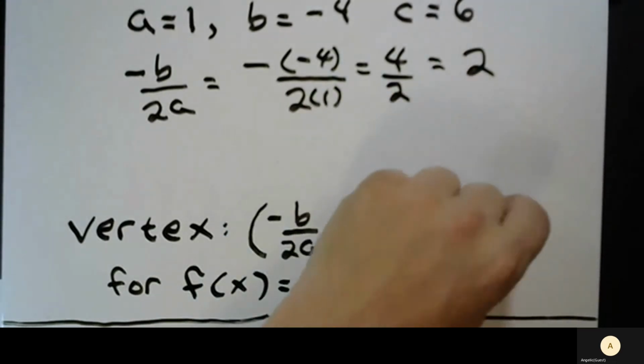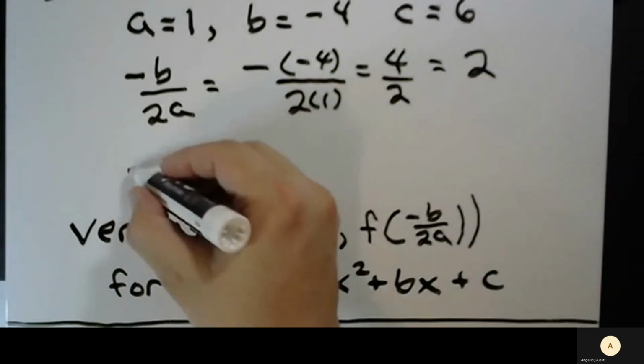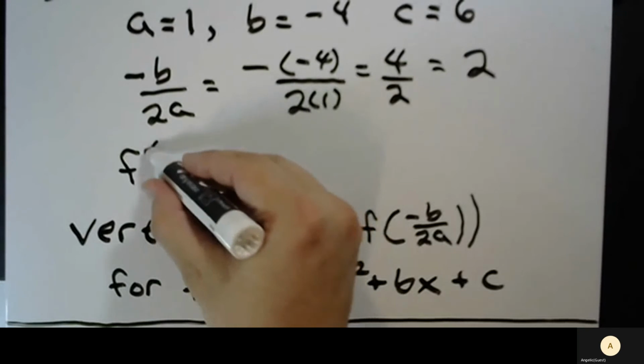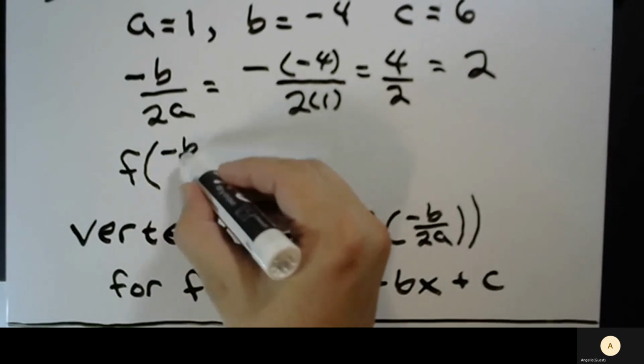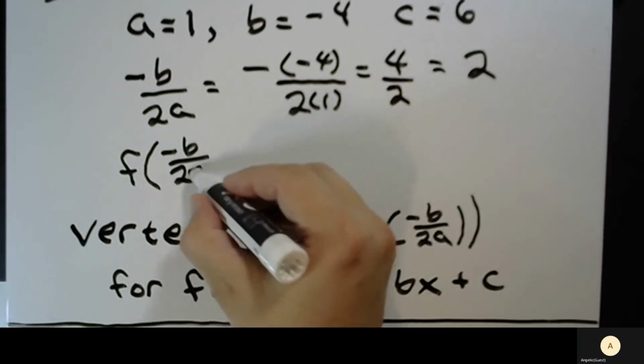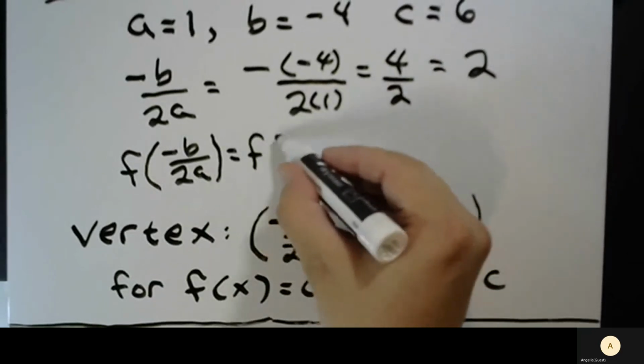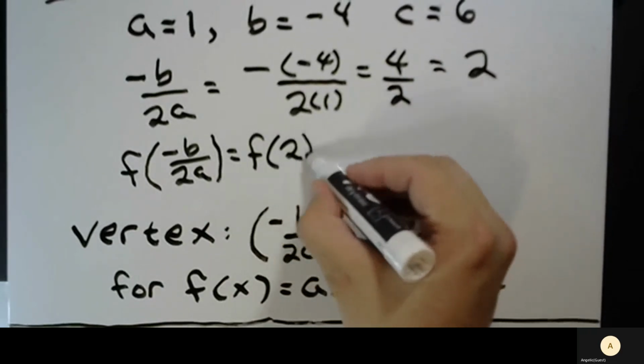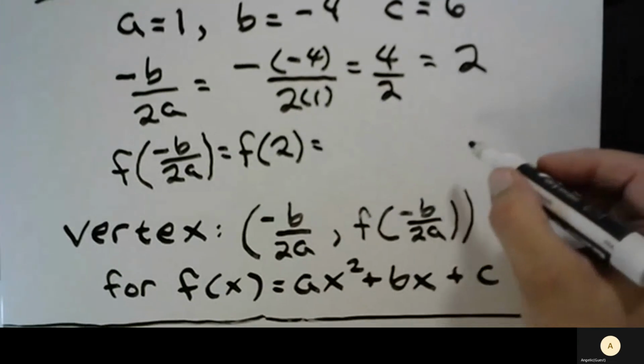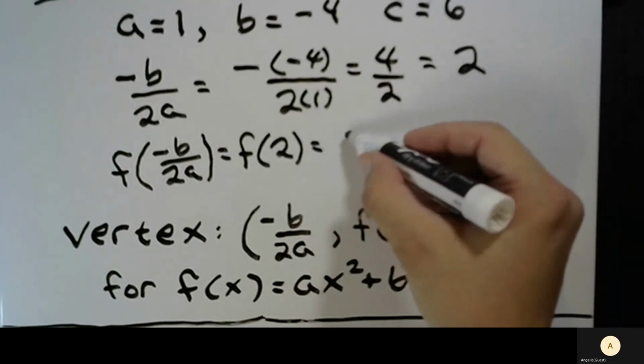So that's going to be our x coordinate. And then f of negative B over 2A will be f of 2, which will be